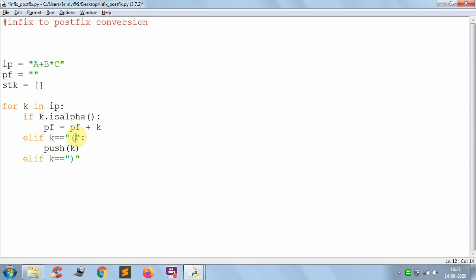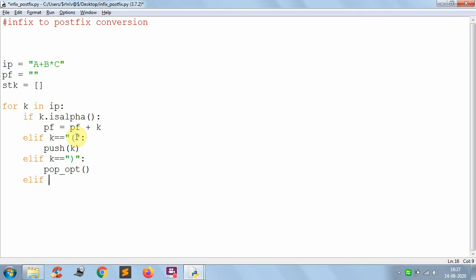So you have to keep on doing this. For this purpose I have already defined one function, pop opt. I have to pop the operators one by one and append them to the postfix expression.